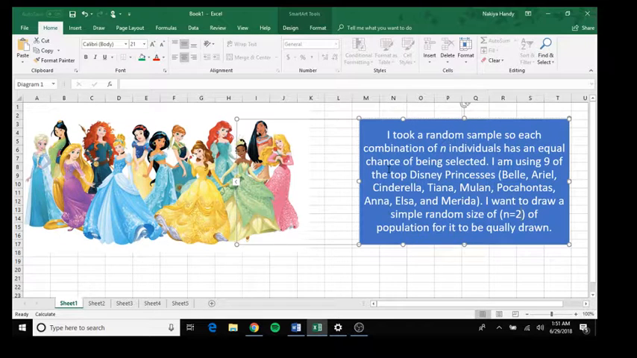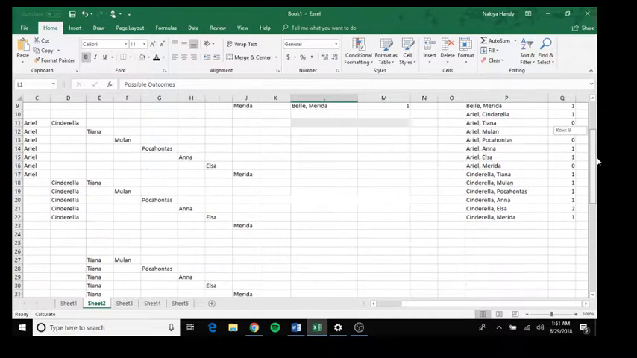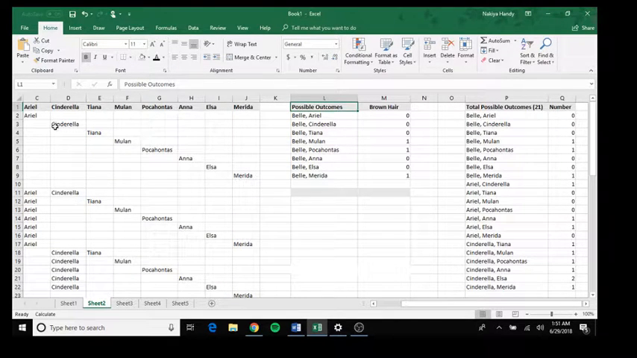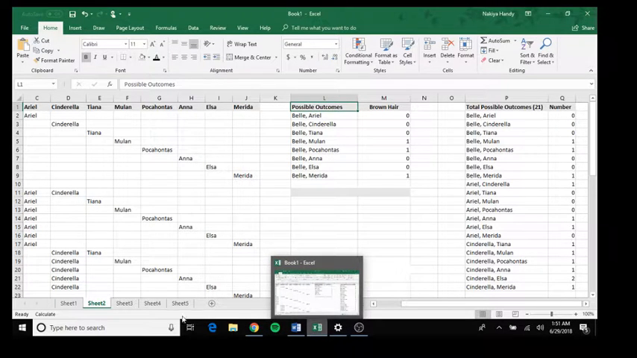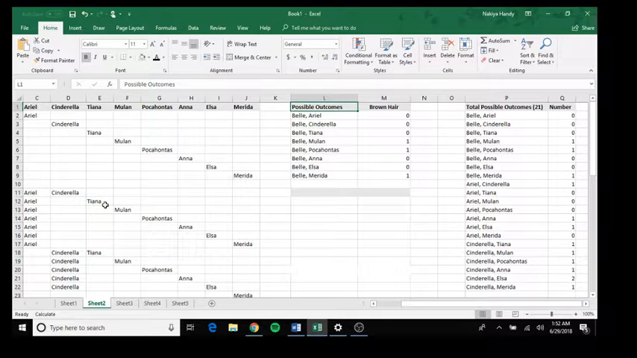I want to draw a simple random size of N equals 2 of population for it to be equally drawn. I did not spell that right, but okay. So in sheet number 2, I set up my combinations and possible outcomes. So as you can see, I have all 9 of my princesses. 1, 2, 3, 4, 5. I have all, actually, this is 8, so I should change this. So I have all 8 of my Disney princesses, and